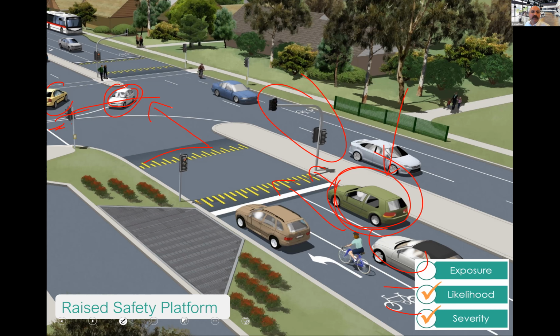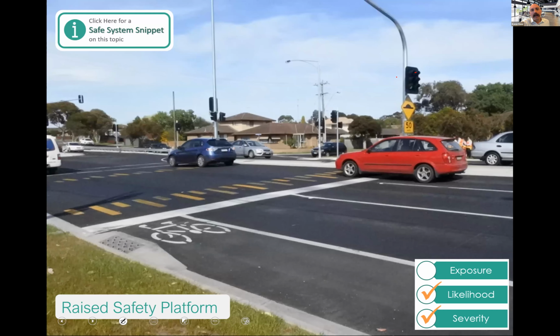Okay, do we need to reduce the speed limit? Well, if we can slow the vehicles at the conflict point or just before the conflict point down to what we want, we don't need to speed limit them. I mean, the infrastructure will do that for them. We can give some advisory speeds. And of course, that's what they built. There you can see advisory speeds of 50.